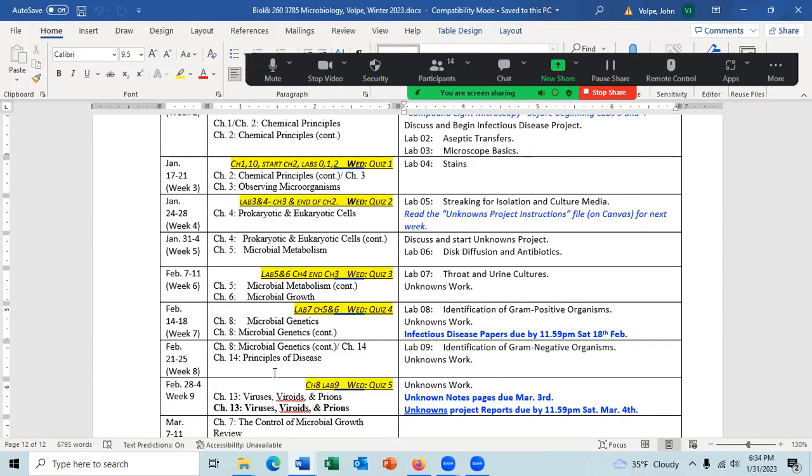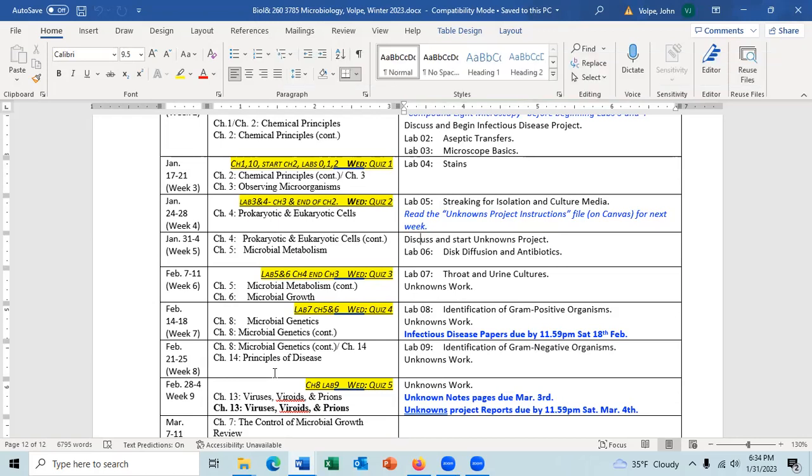And some students get confused about it because the project initially was you would be going into the lab and I would give you a bacteria, and then you would run different tests on that bacteria to try and identify the species of bacteria. And we're going to do the same, except I'm giving you a number.